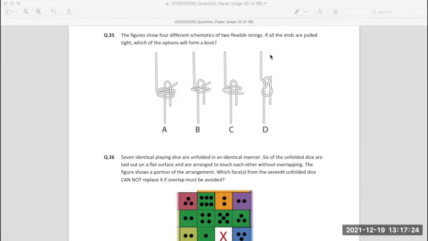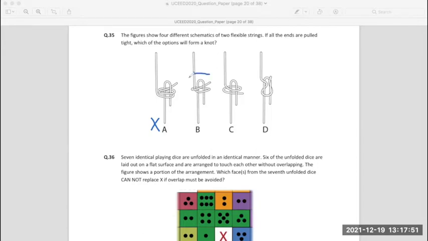Ma'am, 2 loose ends. A will be 2 loose ends because there is nothing to hold on to. This is just going around the second rope, in which case it will easily come out. So option A is the one where there won't be any knot, but loose ends. Option B, will it be a knot or not?